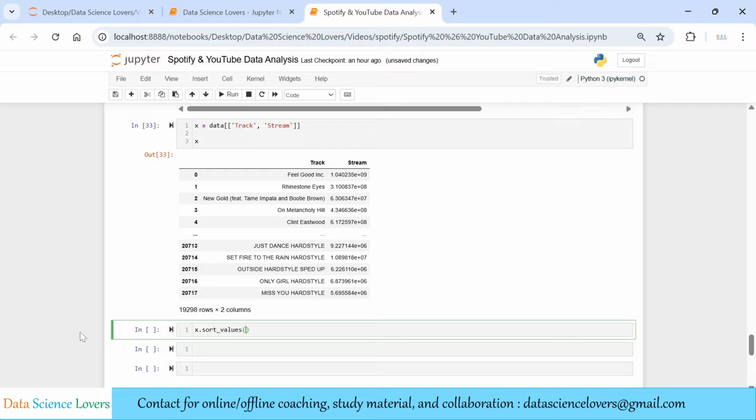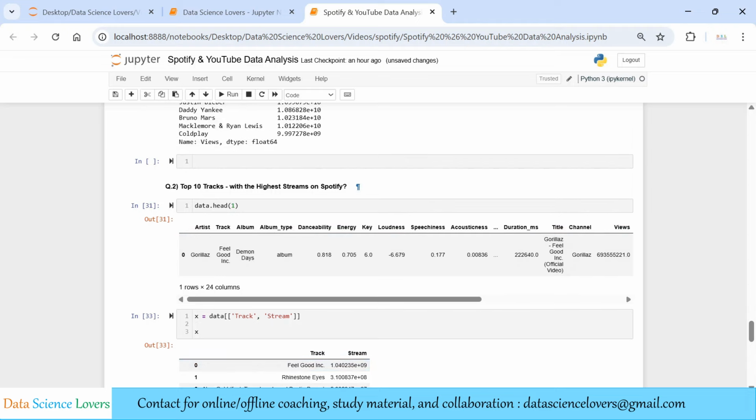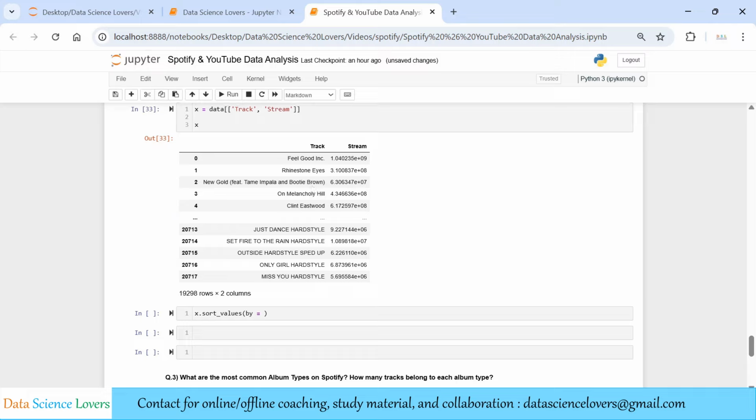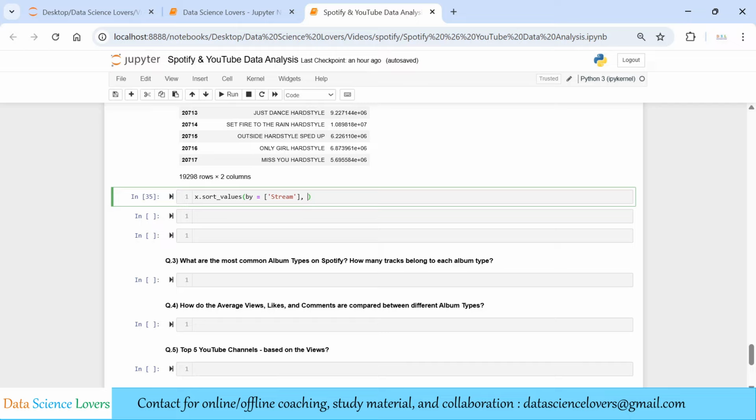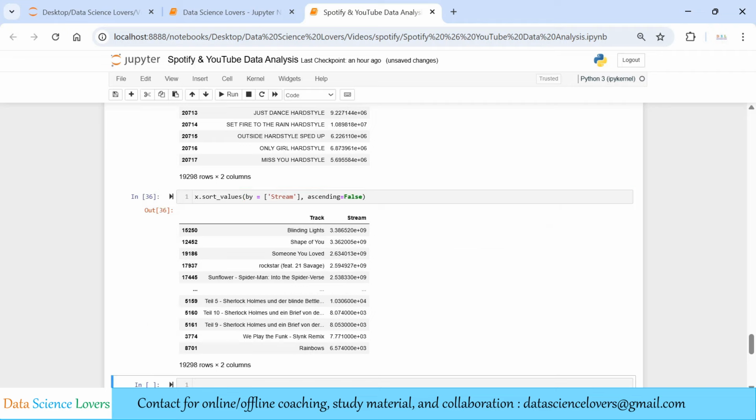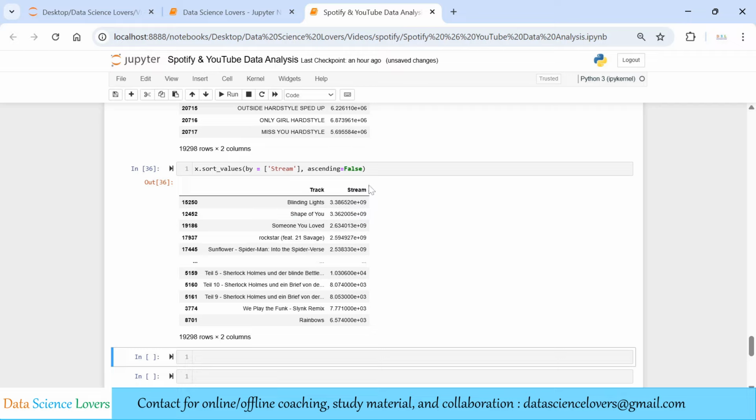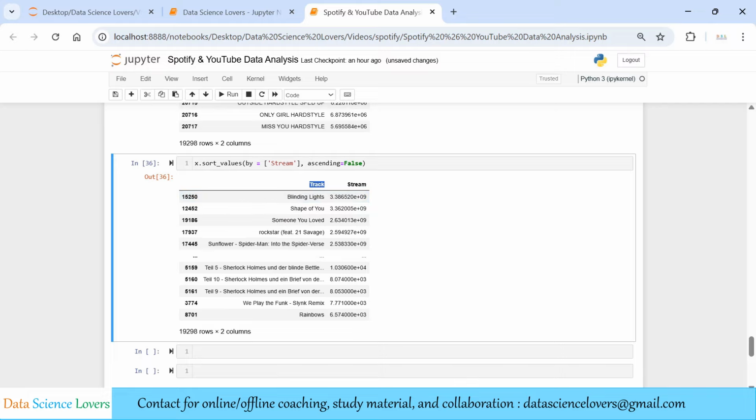Here we have to use the parameter by, means by which column we want to sort our data frame. Here, as we have to show the result with the highest streams, so here we will sort by stream column, stream, okay. And now as we have to show the top records at the top of our result, so we can pass ascending equal to false, okay. Running this, it will show the data frame in descending order, means top numbers, or you can say the track with highest stream, and this is the top track, blinding lights, this is the second top track, shape of you,